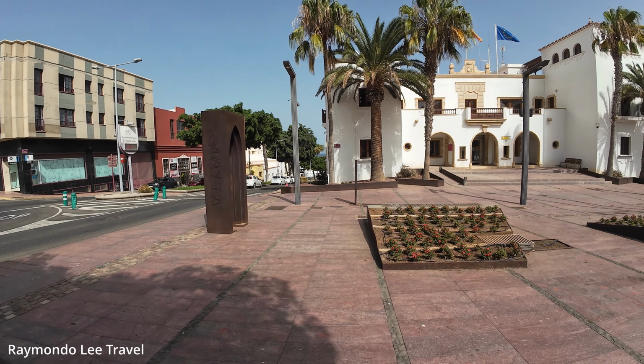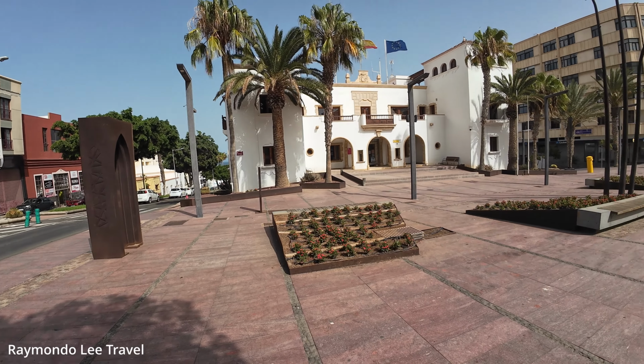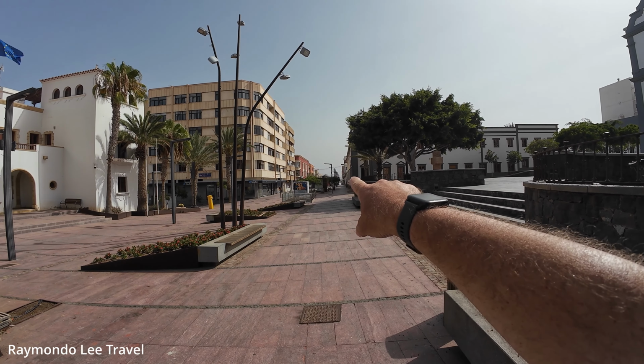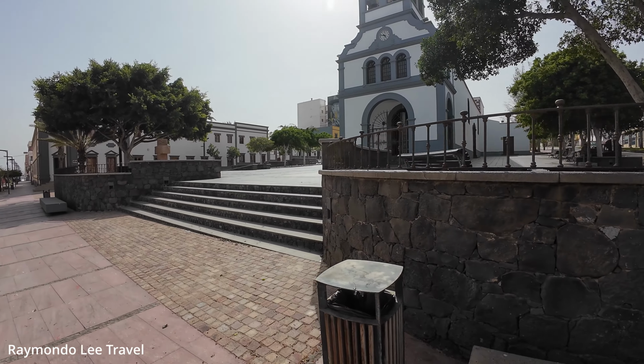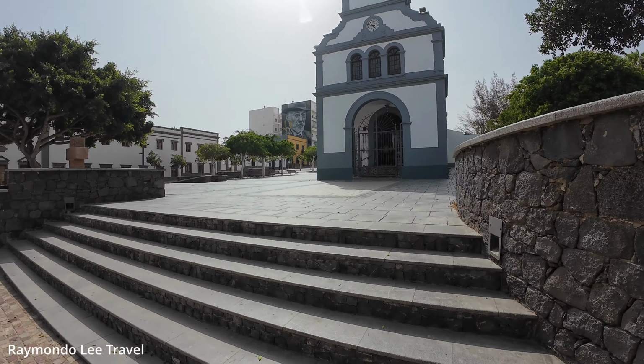So we're right at the top, and if you're a cruise ship tourist, this is probably as far as you'll come. You can do a circuit, so you can go all the way from the bottom, where the port entrance is, where you come off the ship, all the way to the top. You'll come up to this amazing church, and if I show you,